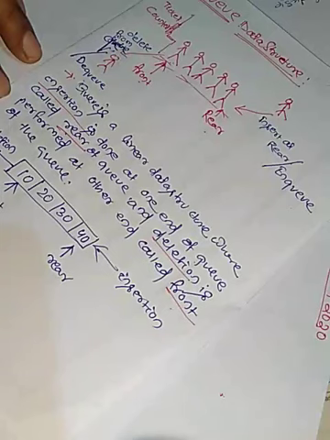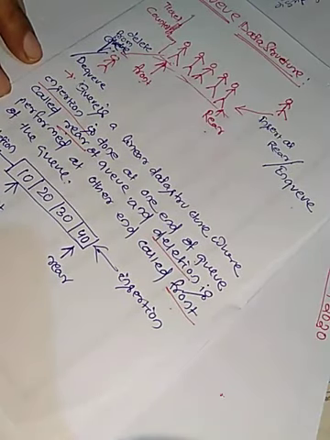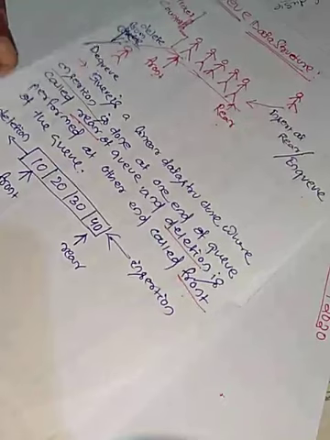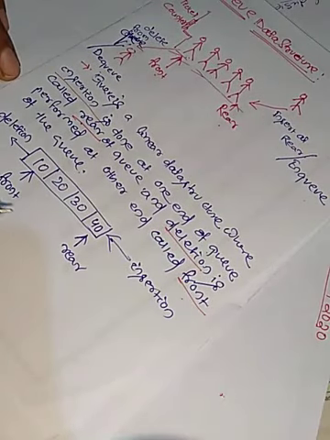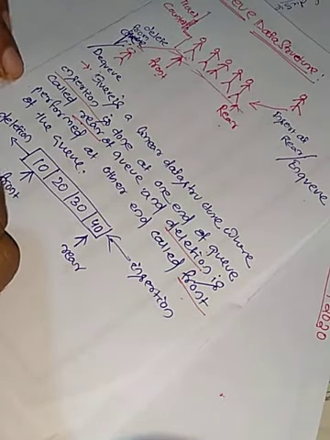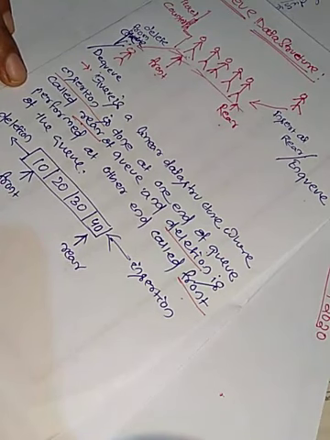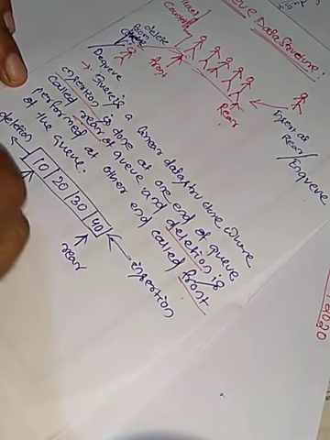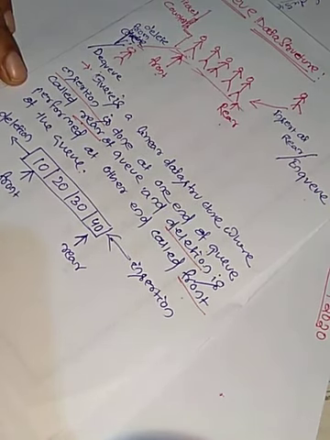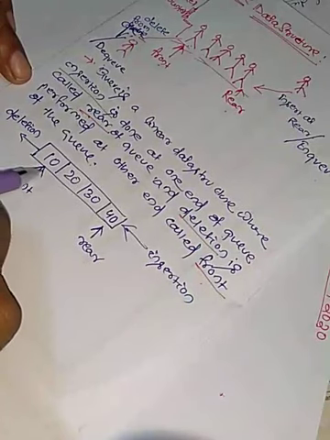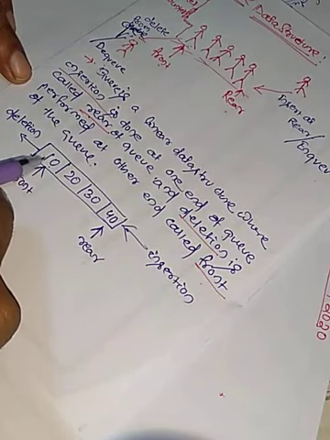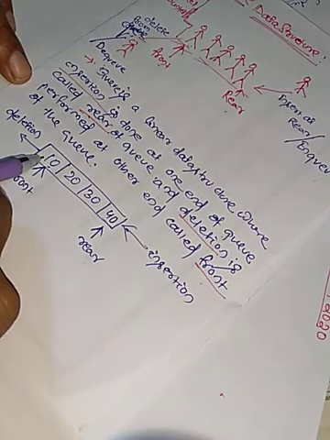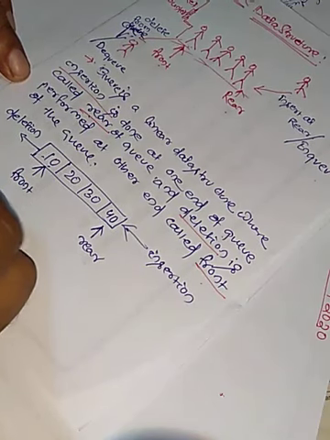Now one thing we notice here, this particular kind of data structure follows one approach called first in, first out. When we say first in, first out structure, what does it mean exactly? We'll see here. Whichever comes first, 10 comes first, then it will be deleted first. That's why it is first come, first serve also.